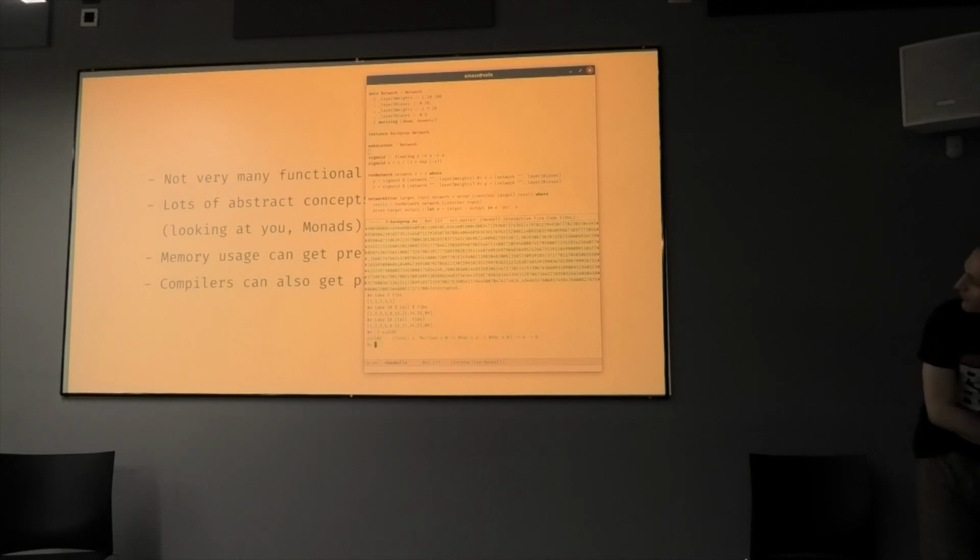Yeah, so I could do evalBP. Actually, I don't have any vectors to feed it, so I'm not going to actually run it because I can't be bothered to. But yeah, it works anyway.